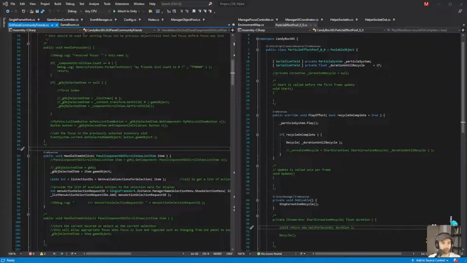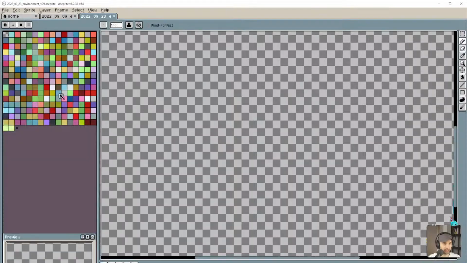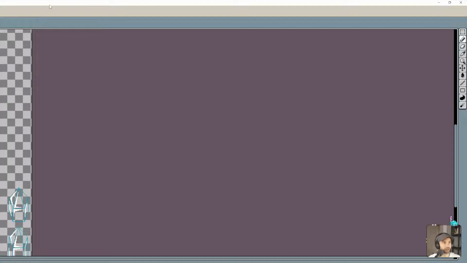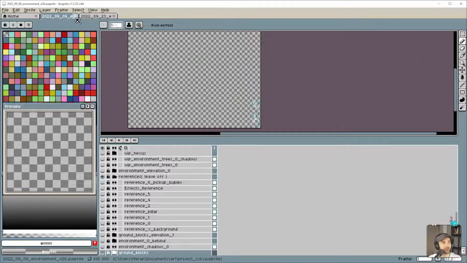It didn't open. Okay, let's try that again. There we go. Interesting, so it did open. It just went kind of behind, which is a bit strange, but okay.